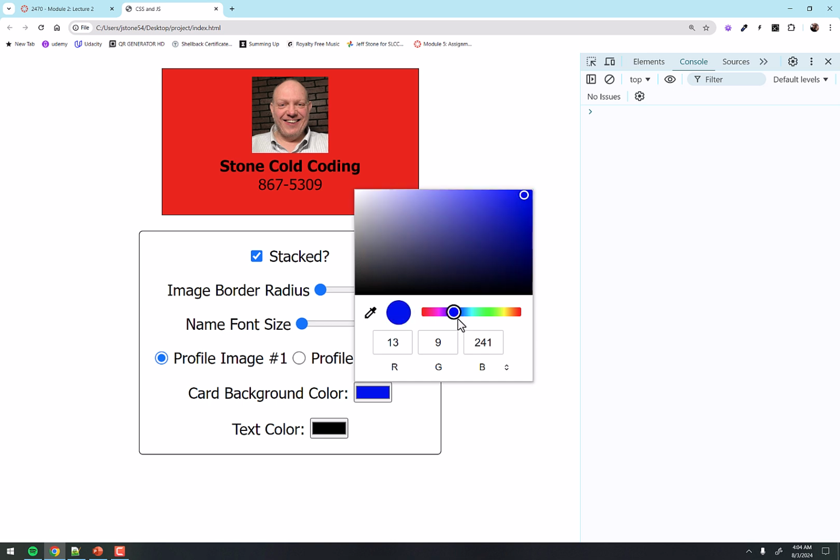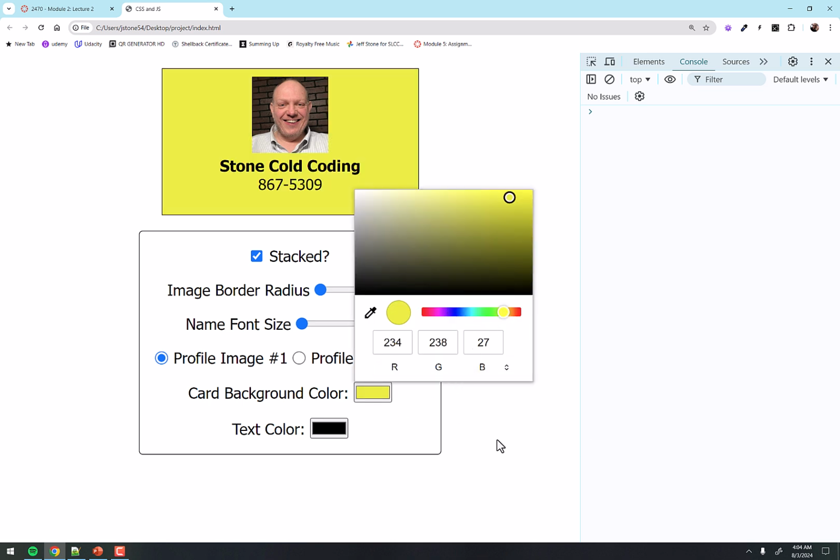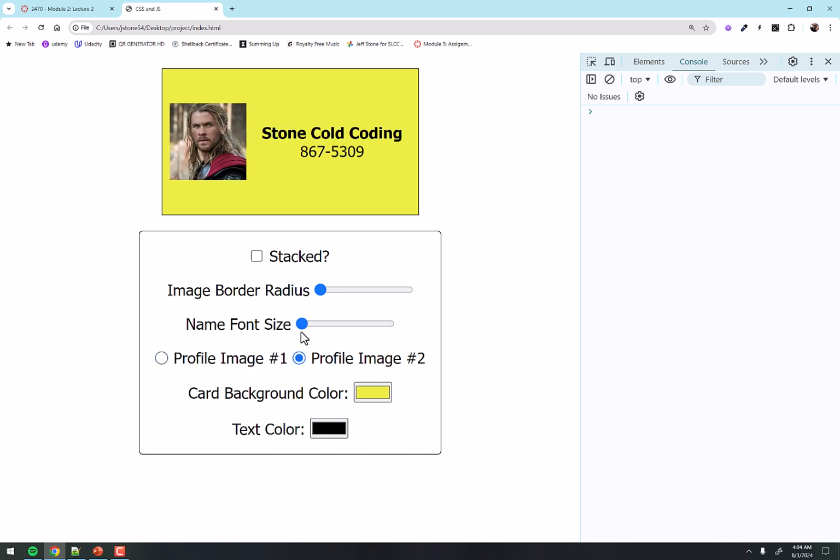Let's change it to blue, for example. Now notice it's got some blue color chosen here. If I were to click right now on this square, it will change it to blue, but it'll also keep this window open. But the clicking here is what triggers the event. So when that happens, I just have to click somewhere else on the page to get that menu to go away. Again, we're going to fix that in a minute, but for now, let's just leave it that way. So let's make this like a yellow color, and there we go. Hideous, okay? Make that round, and we'll put Thor in there. And oops, I meant to make that round. There we go. That's our business card.